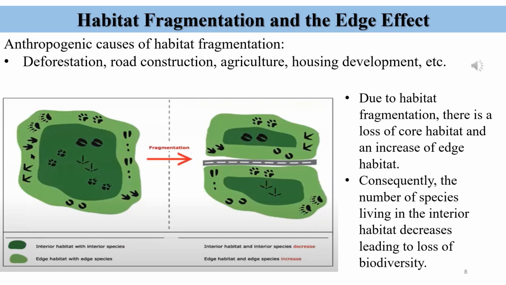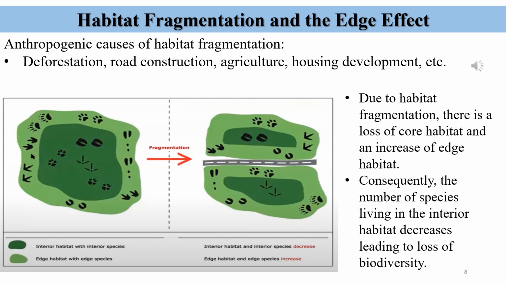Habitat fragmentation can occur in nature, but it is also the result of various human activities. Some of the anthropogenic activities that result in terrestrial islands or habitat patches are deforestation, road construction, agriculture, housing development, and so on. However, the main issue with human-caused habitat fragmentation is that it leads to biodiversity loss. This mainly happens due to the edge effect,